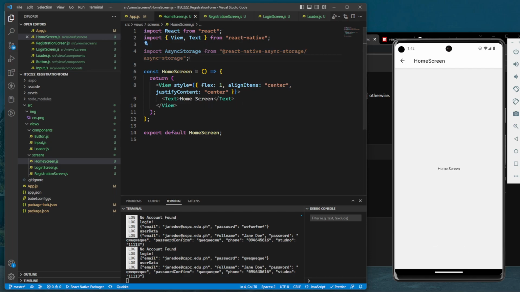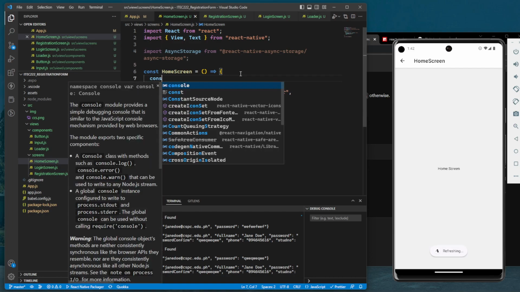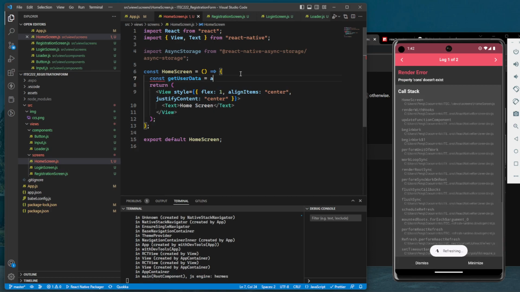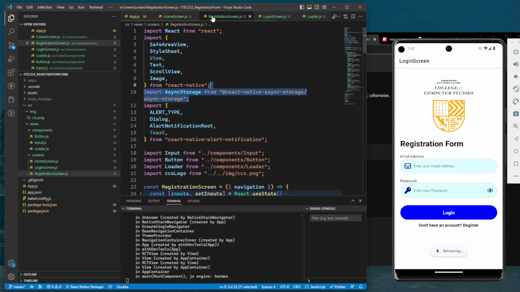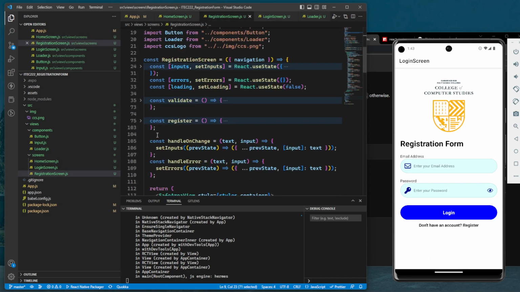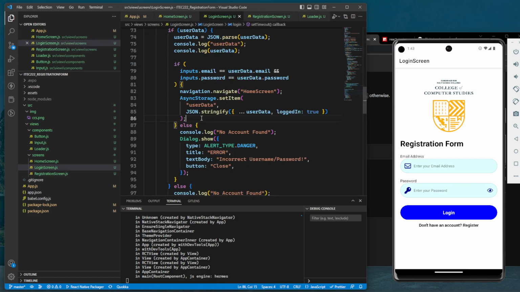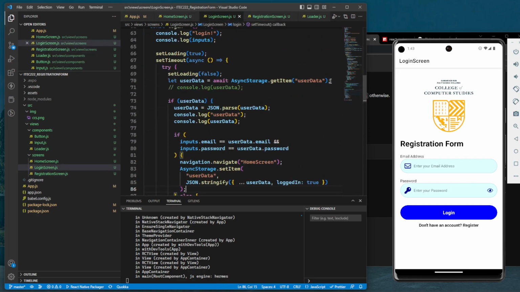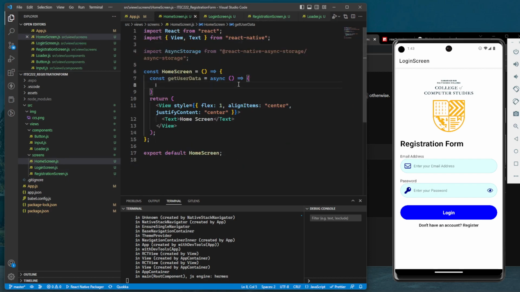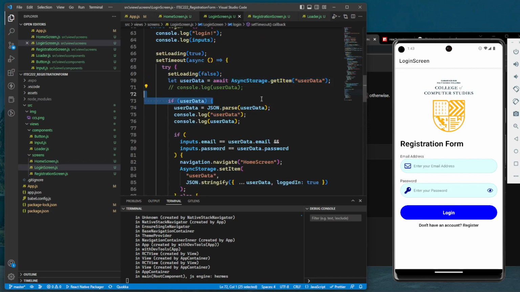Okay, let's try this one. Then we get the value. Constant get user data, asynchronous, and let's just copy some here. From the login screen, where's the get item? So here's the get item. Let user data. Here let's use constant since we will be using user data here. User data. And if user data